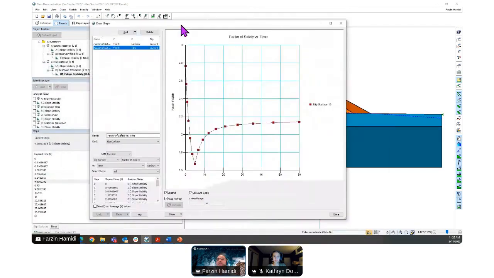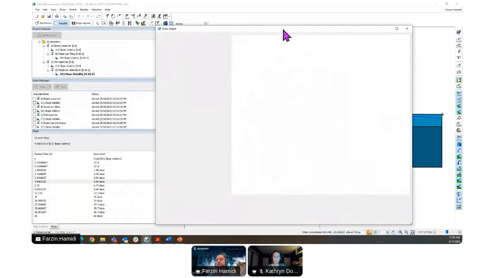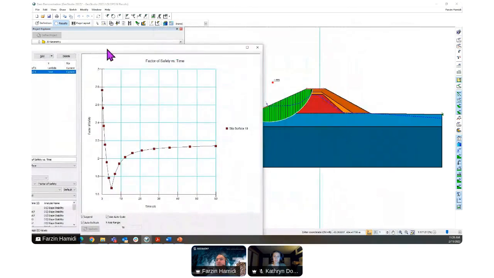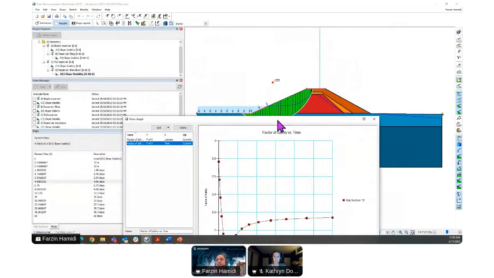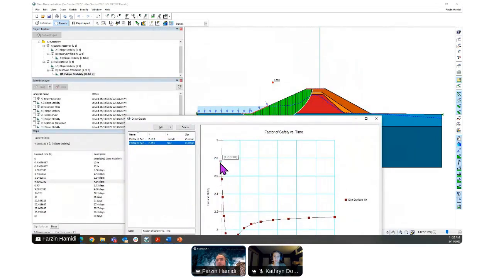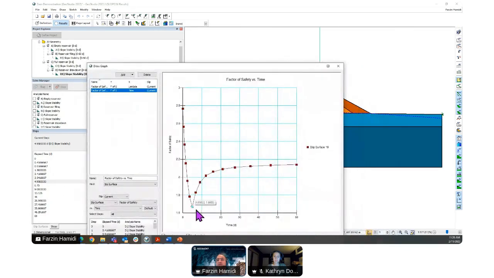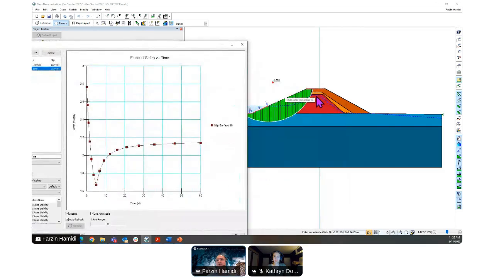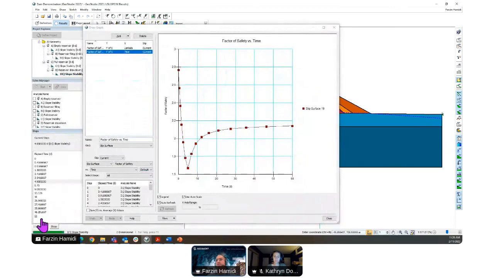As you can see here, within the first 5 days, because we reduce the embankment level from almost 703 meters to the current level, you'll see a sudden drop in the safety factor, and then it starts to build up until the water dissipates from the core, and you will see that in this calculation as well.